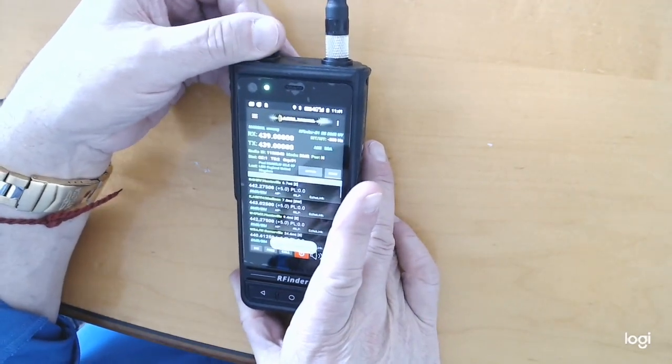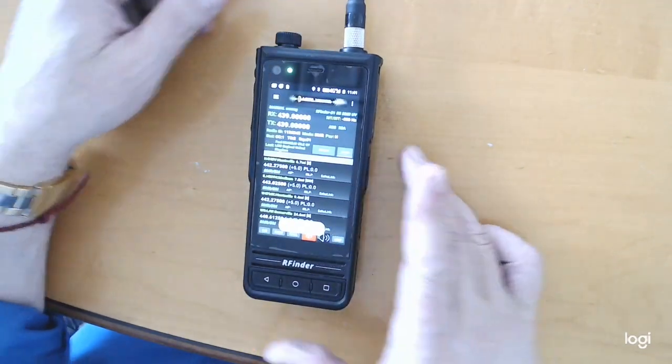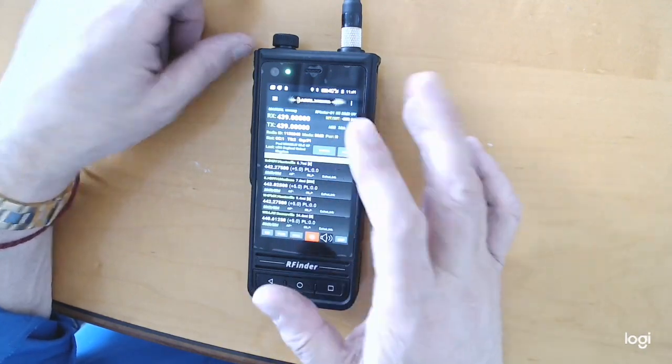Just turn the volume down a little bit. But as you can see, it was that simple. It wasn't very difficult. Now, what I typically do is I'll create